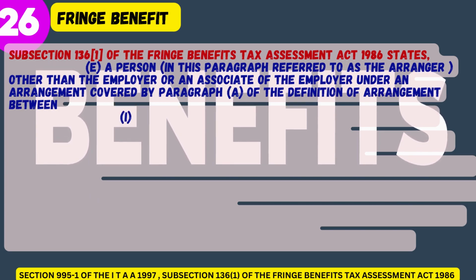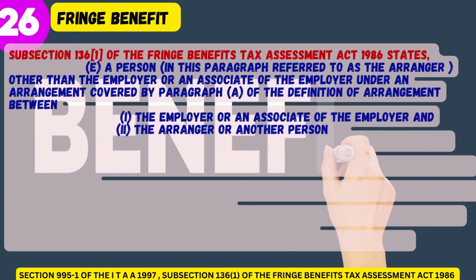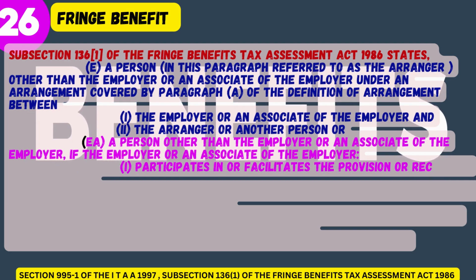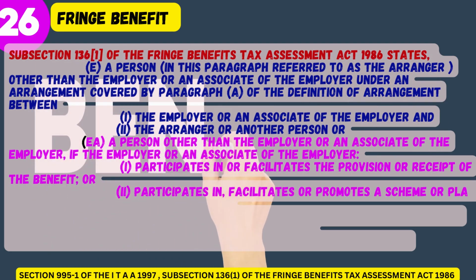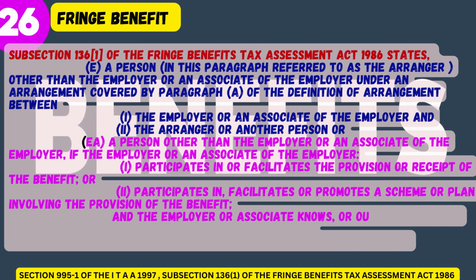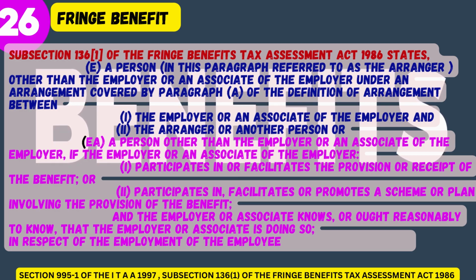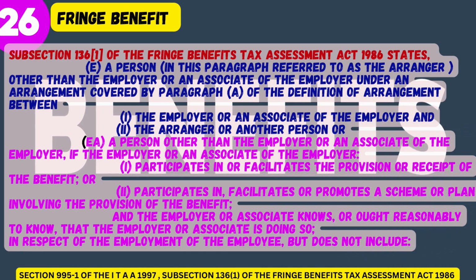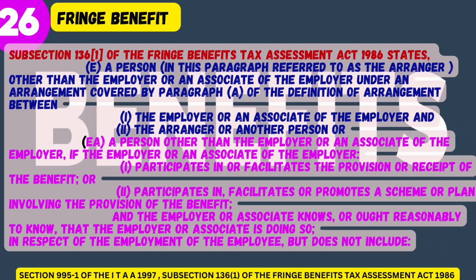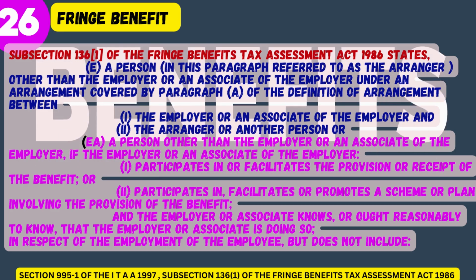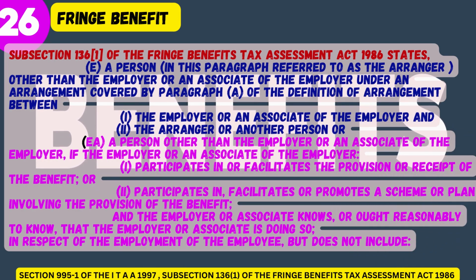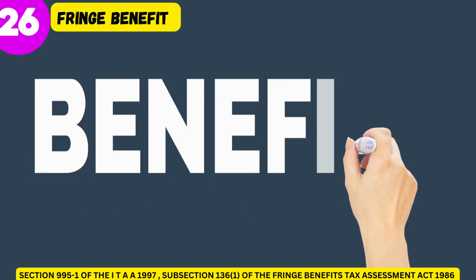under an arrangement covered by paragraph (a) of the definition of arrangement between (1) the employer or an associate of the employer and (2) the arranger or another person, or (e) a person other than the employer or an associate of the employer, if the employer or an associate of the employer (1) participates in or facilitates the provision or receipt of the benefit, or (2) participates in, facilitates or promotes a scheme or plan involving the provision of the benefit, and the employer or associate knows, or ought reasonably to know, that the employer or associate is doing so in respect of the employment of the employee, but does not include (f)